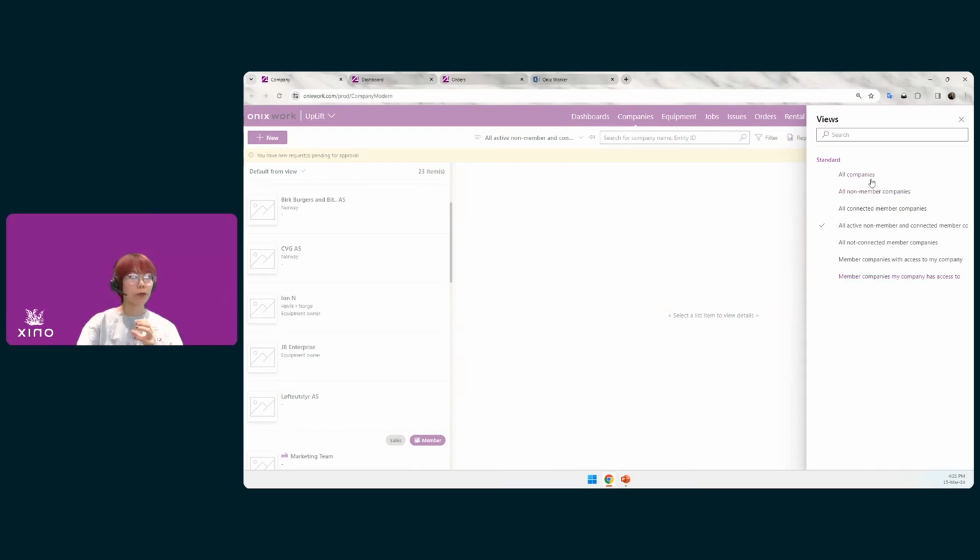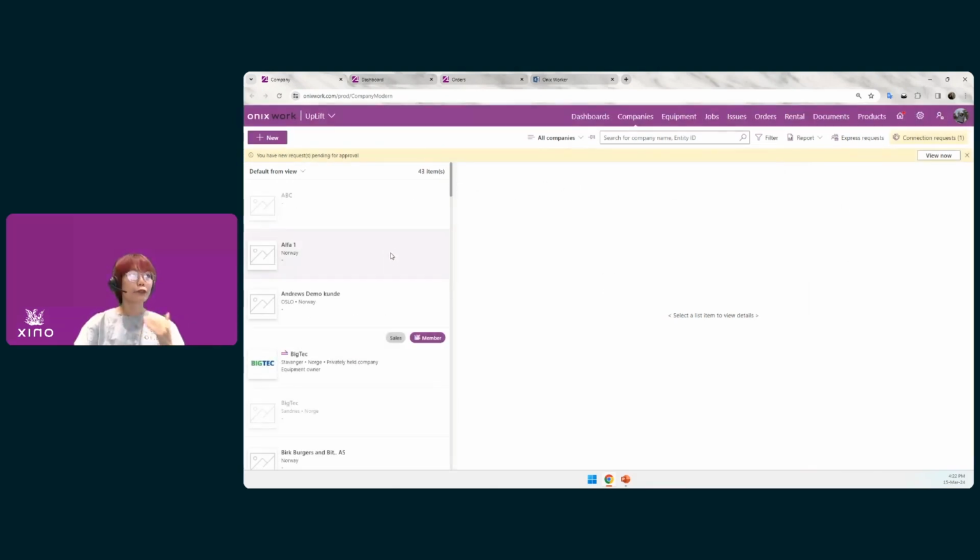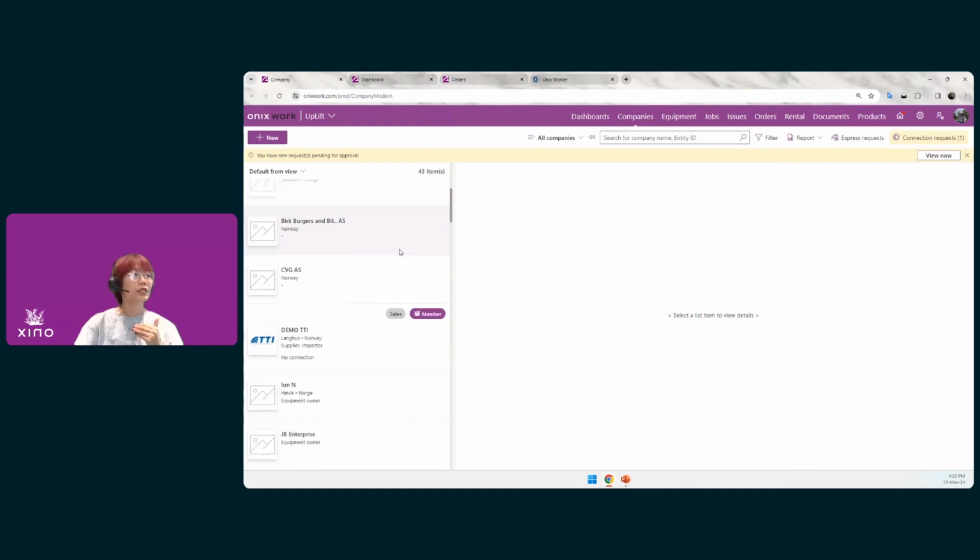And one special functionality of this new companies model is that if you click on this companies view, you can see a list